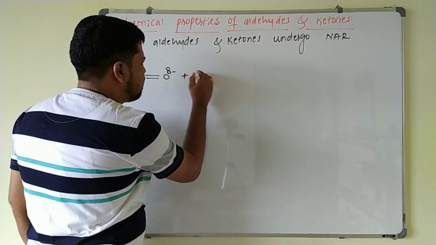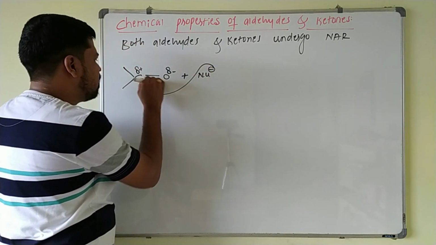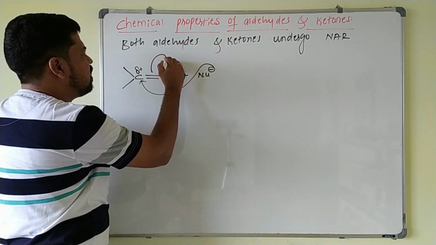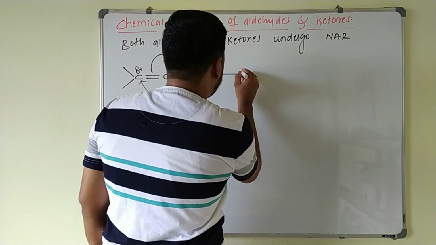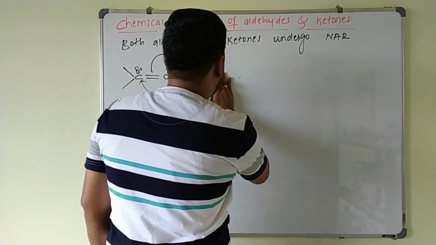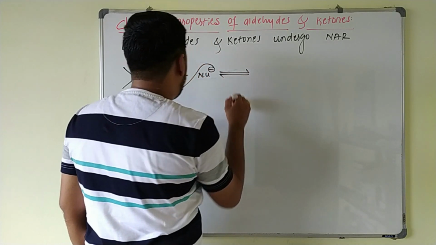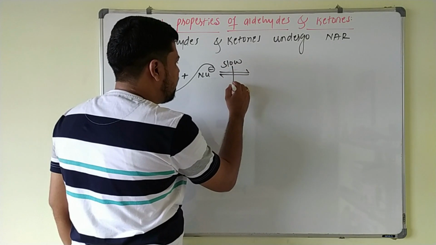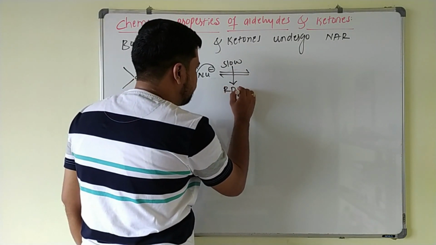If you are having a strong nucleophile with a negative charge, then it will attack your carbonyl carbon having partial positive charge. Then these electrons are forced to move towards the oxygen. Then what happens here? This is the slowest step of the reaction. Here attack of nucleophile is the slowest step of the reaction, and always we know that the slowest step of the reaction is what? Rate determining step, RDS we will call it as.